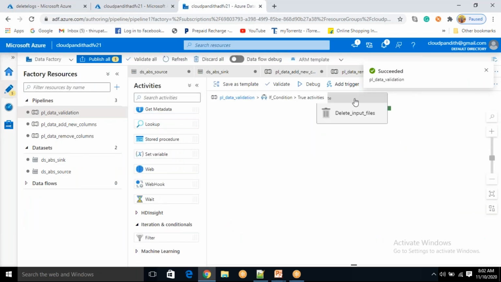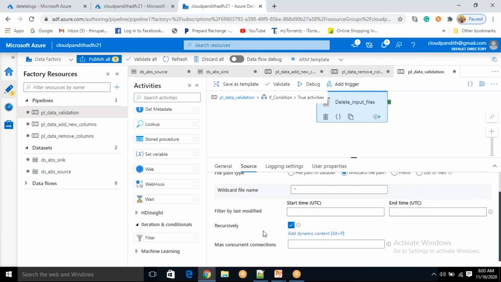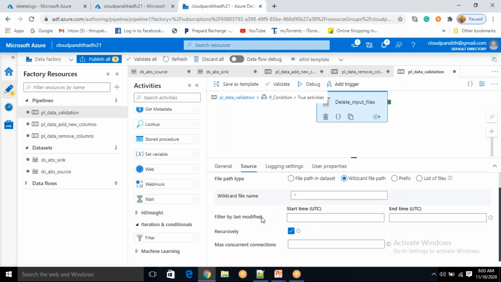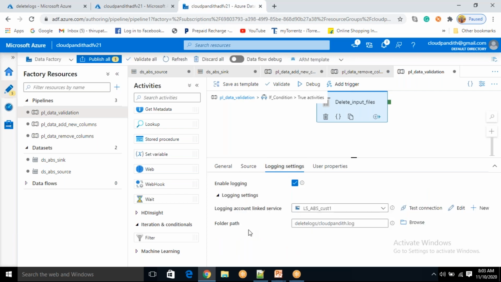I guess, one second, let me just check all the options. You cannot control it because there is no option here to append the data to it. You cannot control the file names, friends. Remember, this is just for deleting; logging is here only. So here you cannot control the file name. You see here, I have given cloud log. This is the file name, but it has created a folder with this.